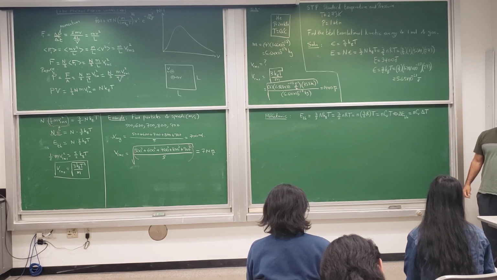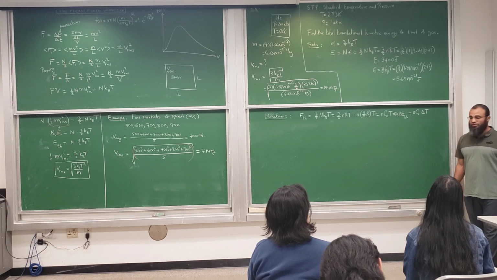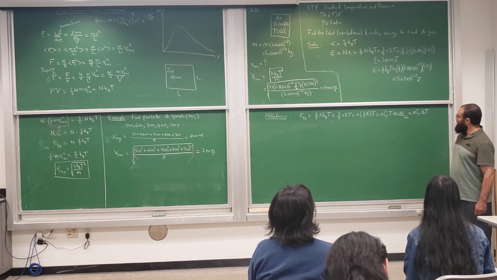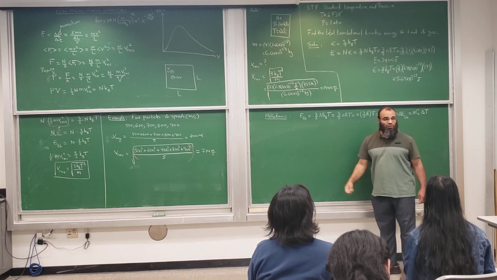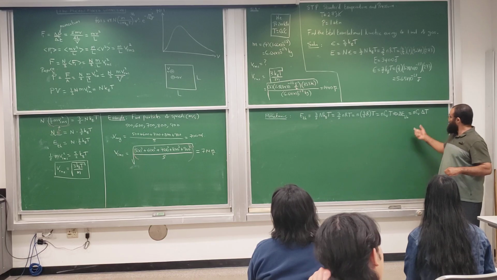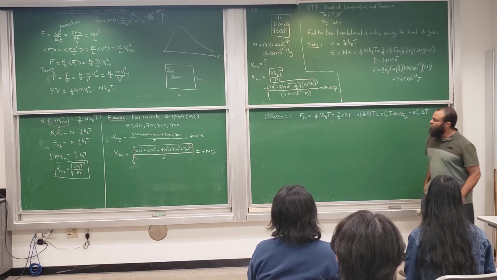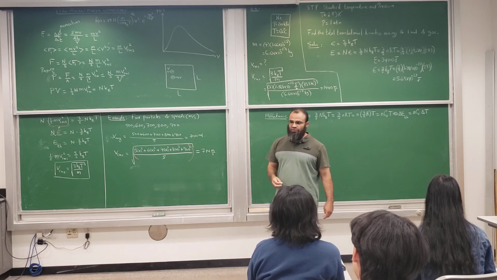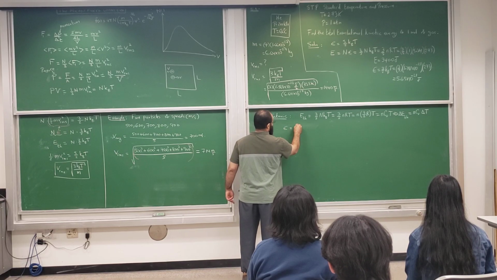Now before I discuss diatomic, I want to motivate at least what's going on. I would like to look at this one. So any questions on how we got here? I think this is it, right? Okay. So let's look at the energy per molecule. The energy per molecule for monatomic, we said it's 3 halves